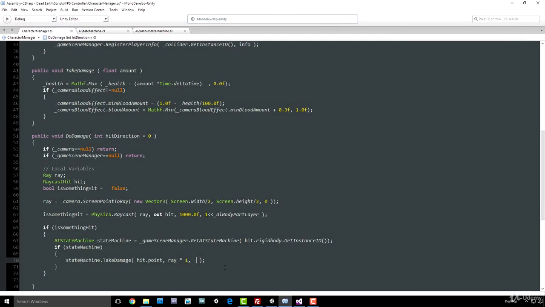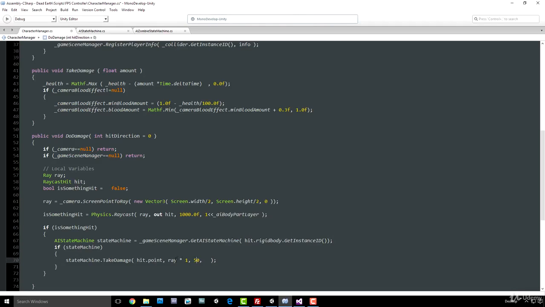As the third parameter is the amount of damage we wish to actually take from the zombie's health. We'll take, for this test, 50 for now. Once again, this is going to be a property of the current weapon that is being used to call this function. So this line of code here where we call the take damage function of the zombie that we've hit,